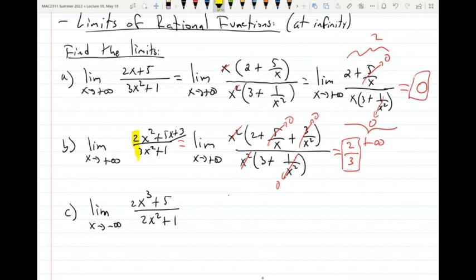Which happens to be the ratio of the leading coefficients. Hopefully this starts ringing a bell from when you learned this, right? Degrees are the same, you just look at the ratio of the leading coefficients. When the degree of the top is less than the bottom, the answer is 0. Okay? And in this case,